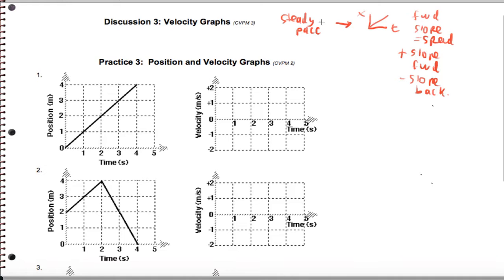So with this in mind, when we actually calculate the slope here, I'm going to do this using the math that you had in all your other classes. So the coordinate here is over 4 up 4, and I'm at 0, 0 at the origin here. So to get the slope, the velocity is going to be x2 minus x1 over t2 minus t1. Notice this is the position axis and this is the time axis, and I'm using those variables, and I do expect you to get used to that notation. So we got 4 minus 0 over 4 minus 0, and that gives me a slope of 1 meter per